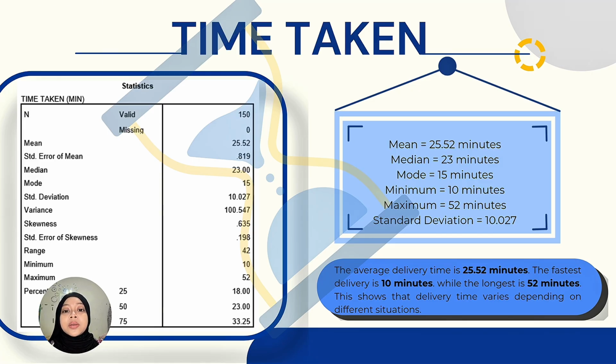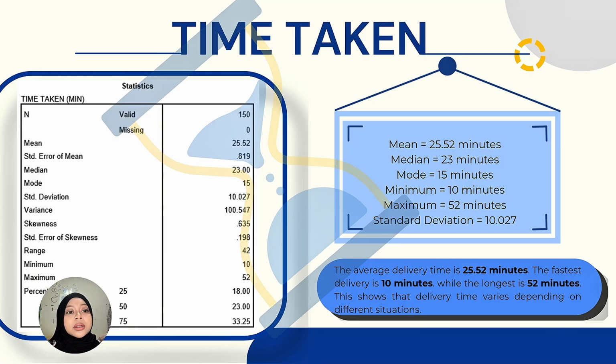The mode is 50 minutes, meaning that 50 minutes is the most frequently recorded delivery time in our dataset. In addition, the minimum delivery time is 10 minutes, while the maximum delivery time is 52 minutes, giving a range of 42 minutes. Lastly, the standard deviation is approximately 10 minutes, which means the delivery time is not always